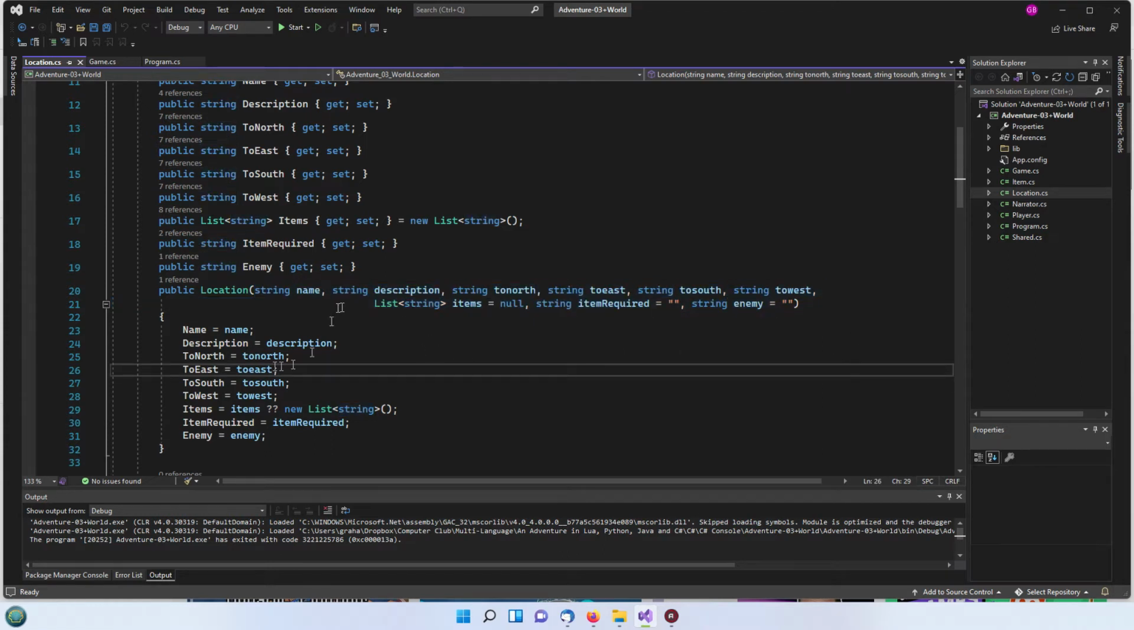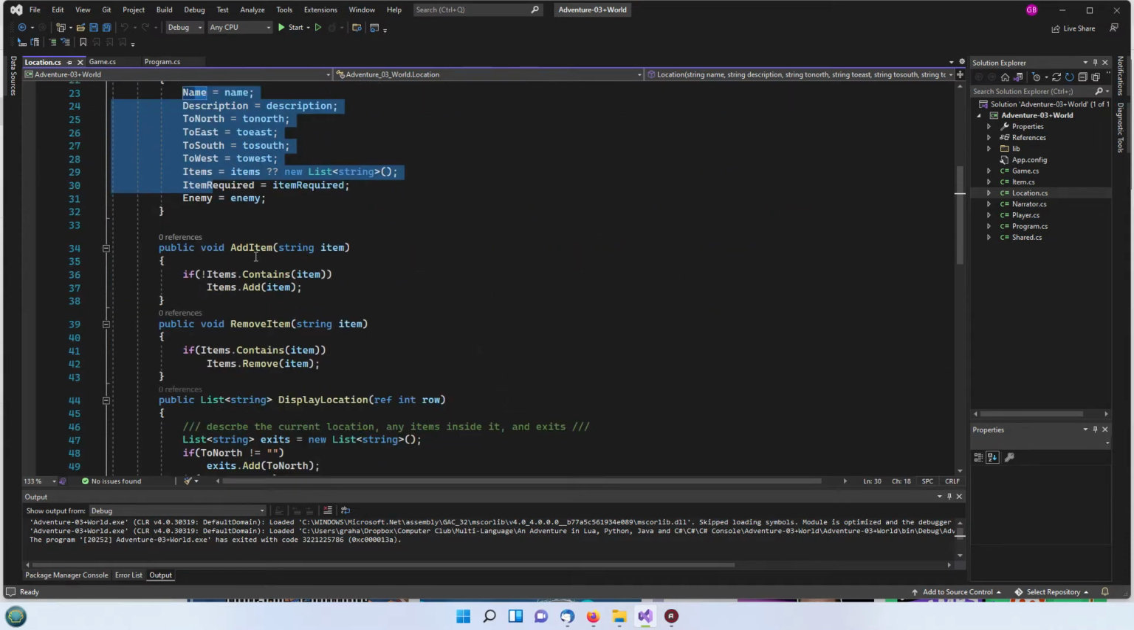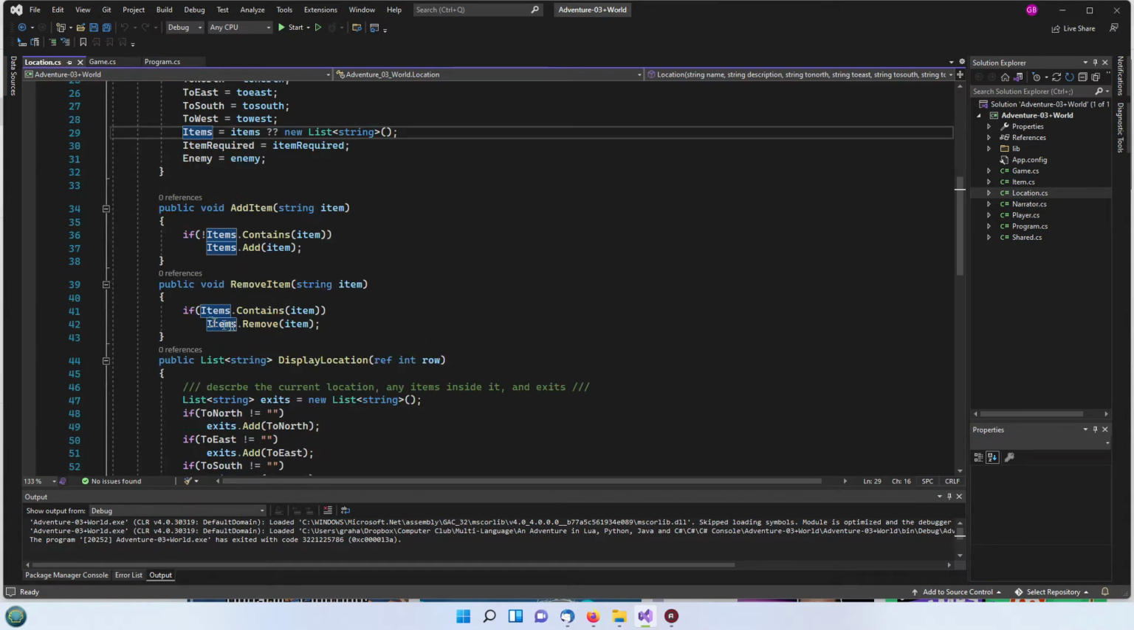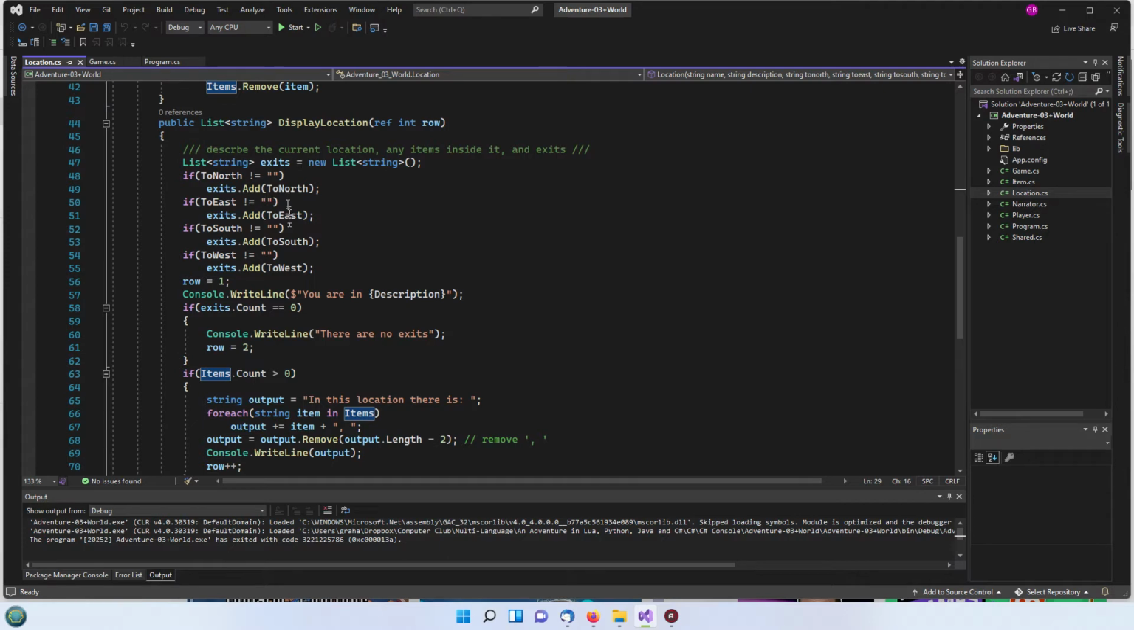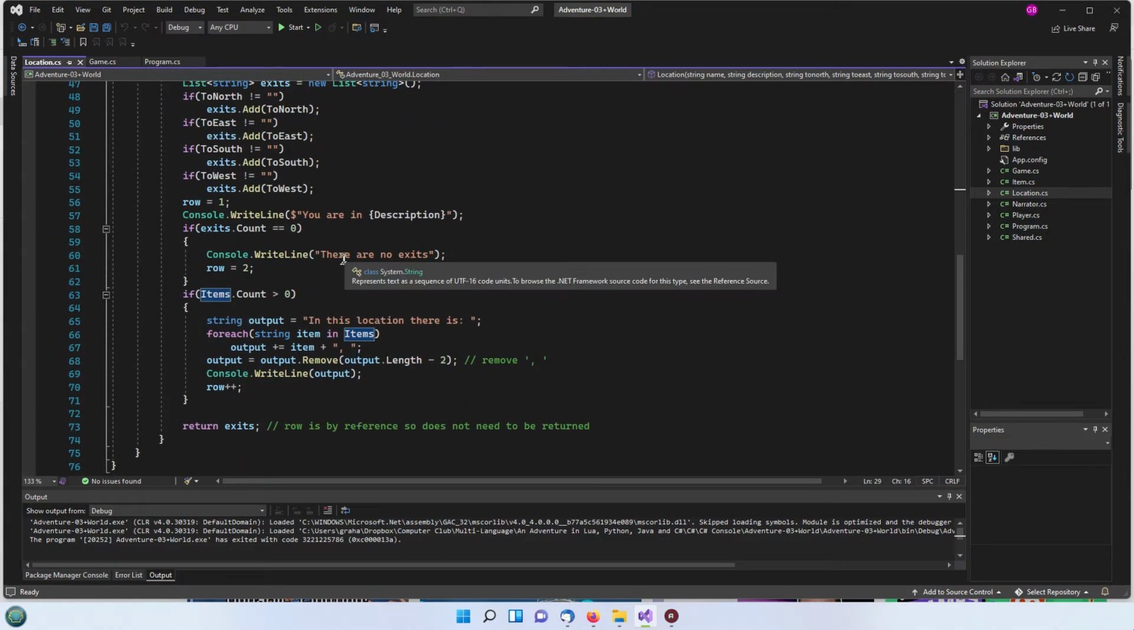So the constructor here fills in all the details to these properties down here, and then we've got a method to add an item into the list by checking whether the items list here already contains that item, and if not, we'll add it. Then we can remove an item, and again we check whether it contains it, and if so we can remove it. And then we've got the display location, which will be used later on when we're actually in the next